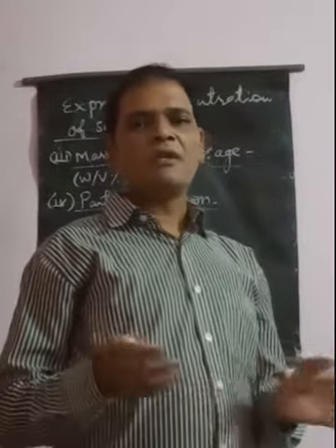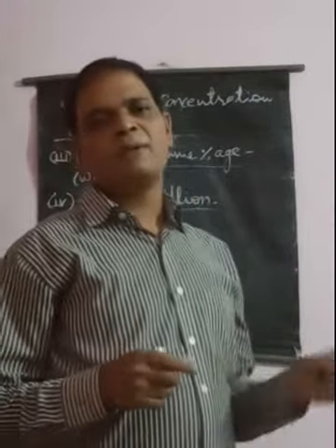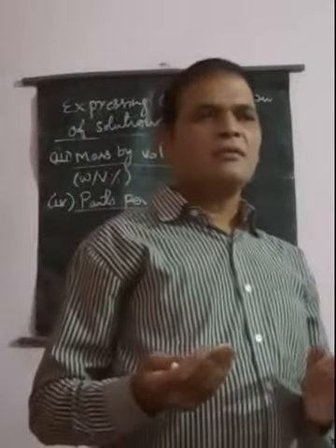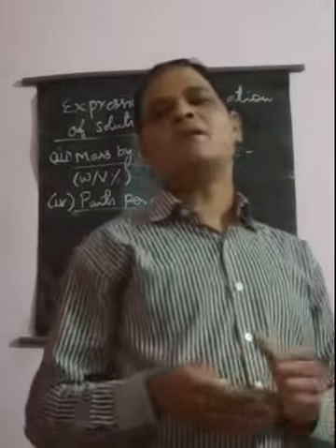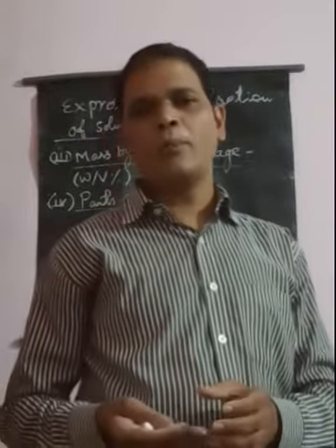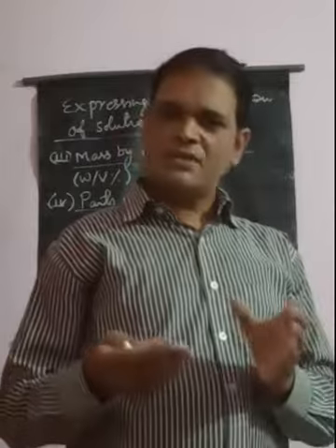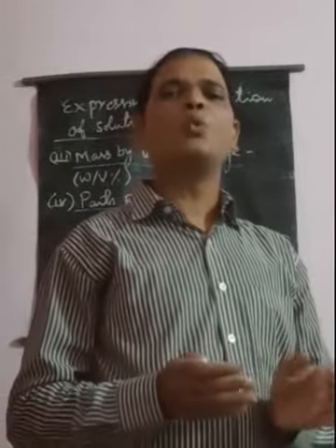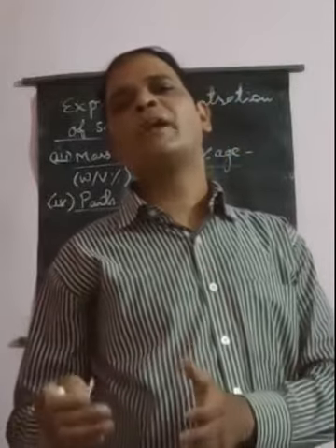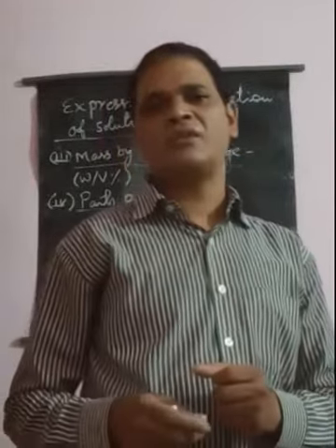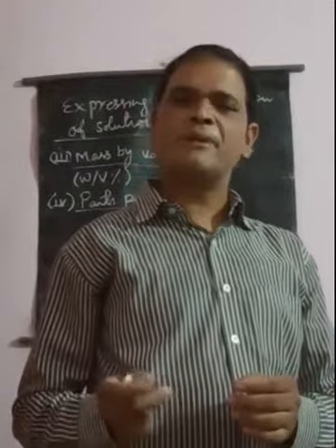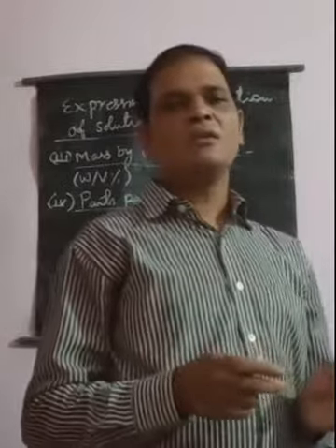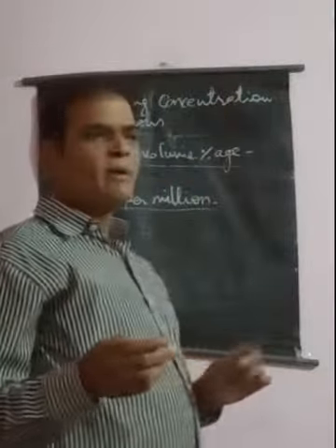So in that particular case, how can we define parts per million? It is defined as the number of parts of a particular component of the solution multiplied with 10 to the power 6 and divided by the total number of parts of all components present in the solution. So we can find out the parts per million in this way. Generally, parts per million of the solution can be found by using the formula.